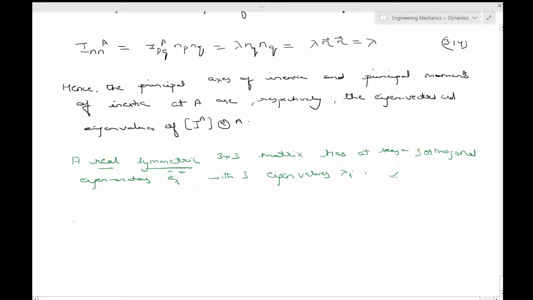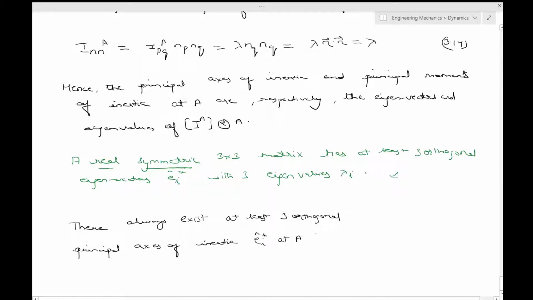So this means that the text in green shows that there always exists at least three orthogonal principal axes of inertia EI star at A with respect to which the inertia matrix takes a diagonal form